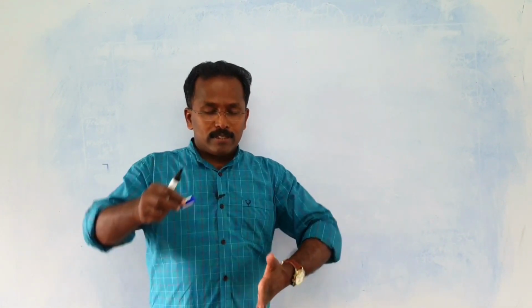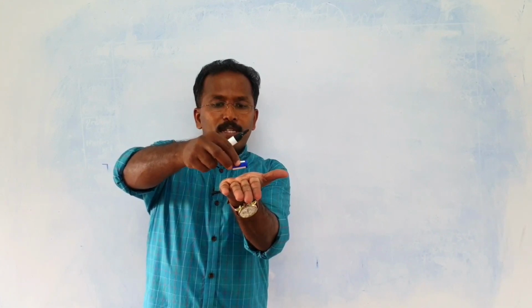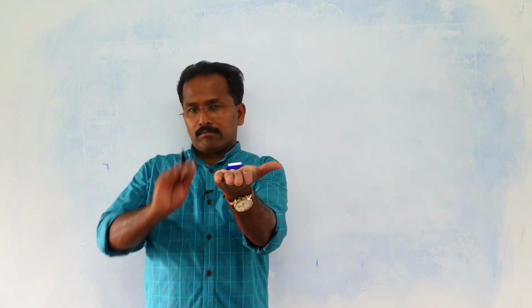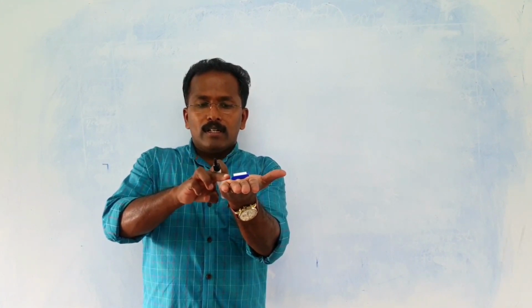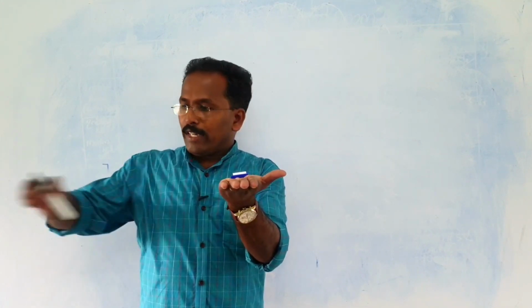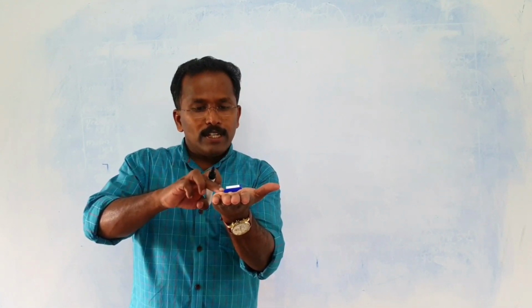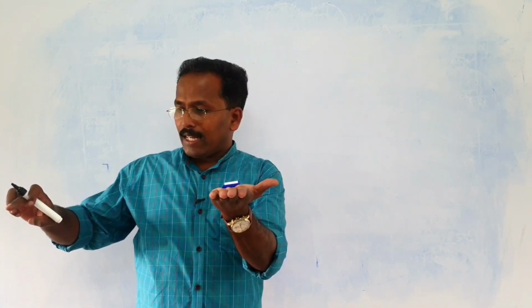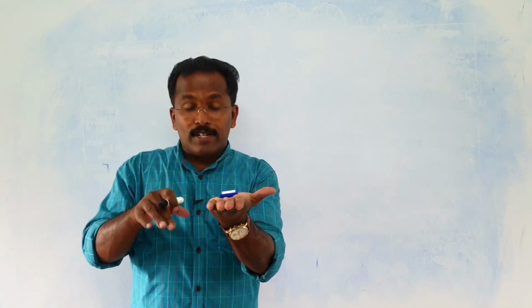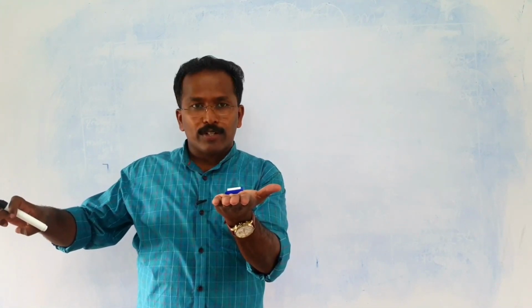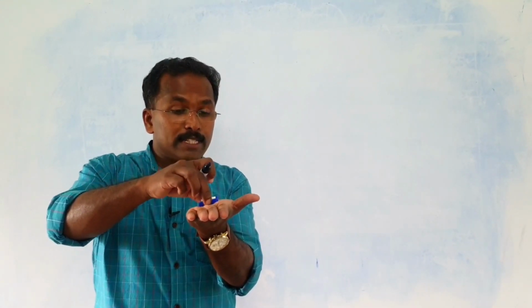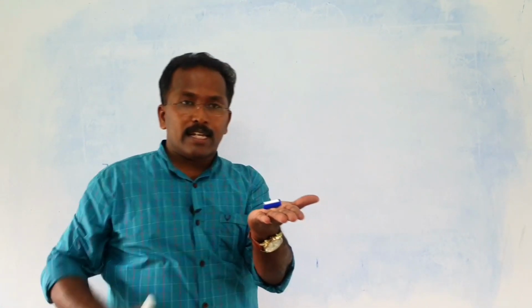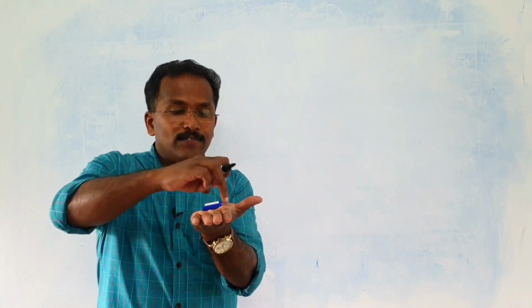I come to the class and I open my palms and keep the protons here. The proton is stationary here and I see the protons moving in this direction. What is the meaning of that? If the proton is moving in this direction, there is an electric field in this direction. Because it is positively charged, if it is moving in this direction, you can say there is an electric field in this direction.